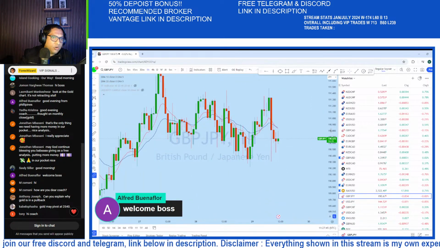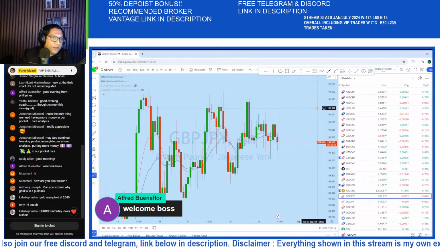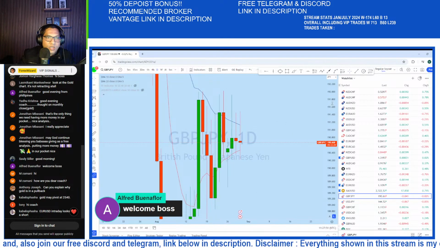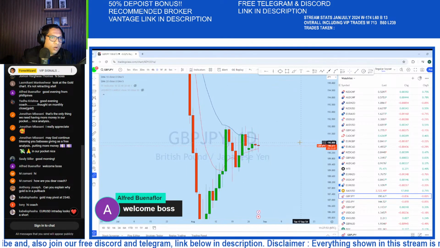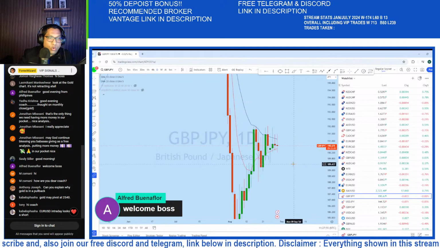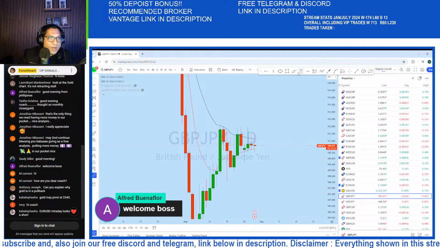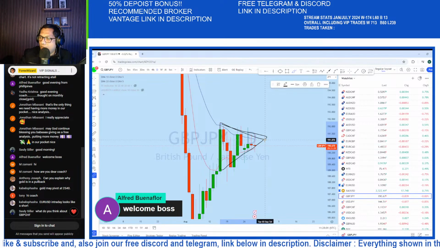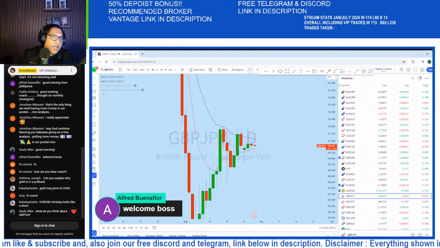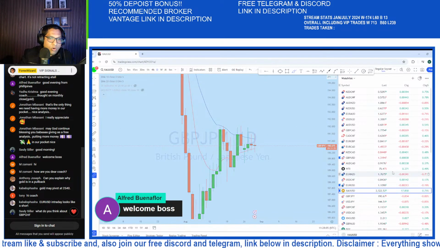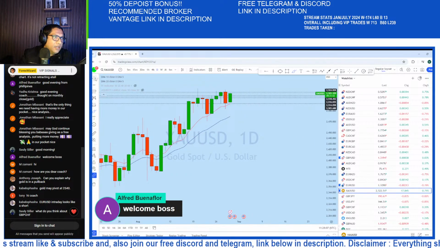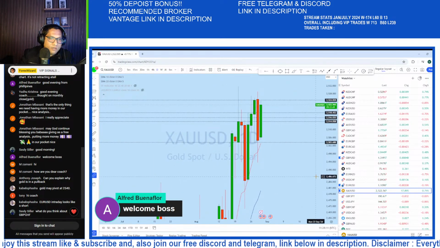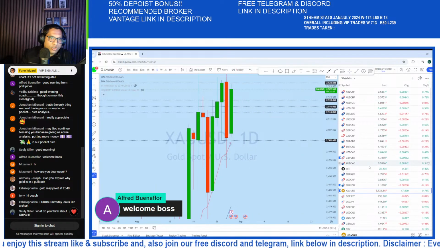GBP JPY is still not trending very aggressively. You can see from the daily, it is just a narrow doji formation. At some point we might see a breakdown, but at the moment this instrument is in a very narrow triangular pattern, and I will be more interested in the instruments that are trending. Especially we can see that gold is in a trend, and Euro USD and British pound US dollar.